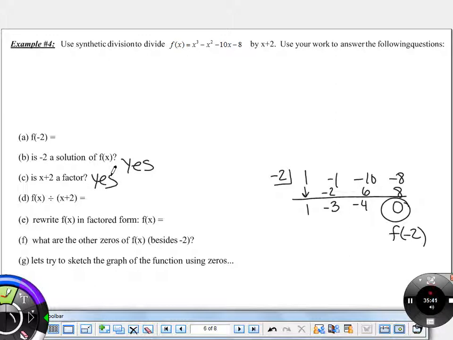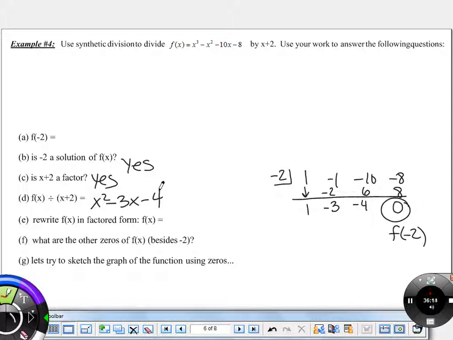f of x divided by x plus 2 is equal to what? Somebody new, give me this solution. All right, Julia, go ahead. x squared minus 3x plus 4. Good. So x squared minus 3x minus 4. No remainder because of our 0, right? Now we're going to rewrite f of x in factored form. Okay? Now,